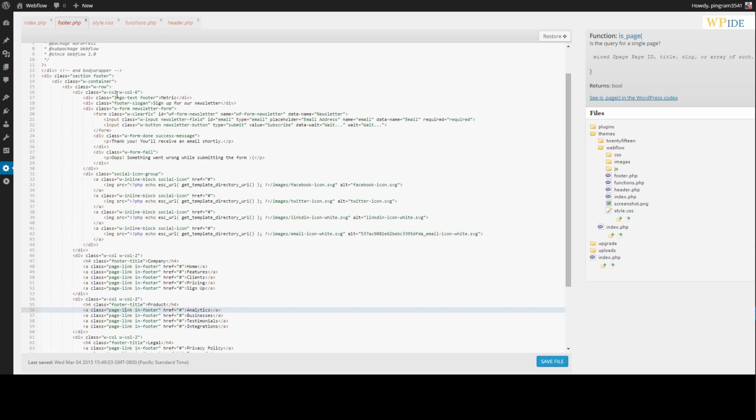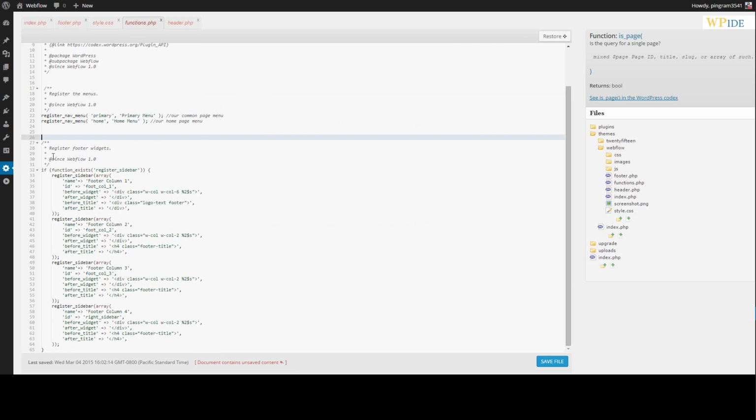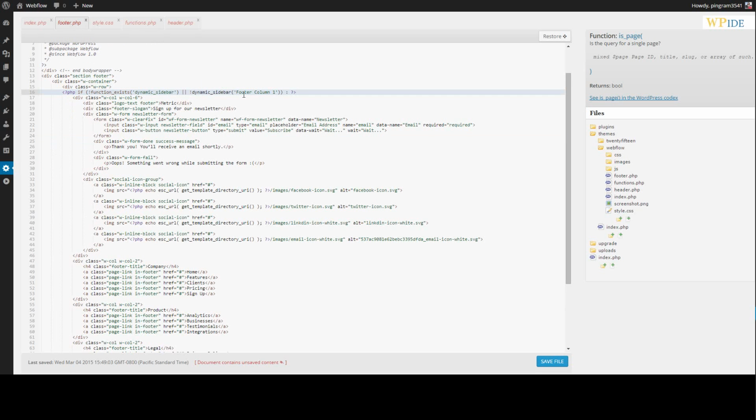And this is really easy. So the first thing we'll do is we'll go ahead and just say if the function exists with the dynamic sidebar, which we defined in our functions.php, and we are going to, actually, this says if the function does not exist, we're not going to do anything, but or if the footer column does not already exist, then we're going to